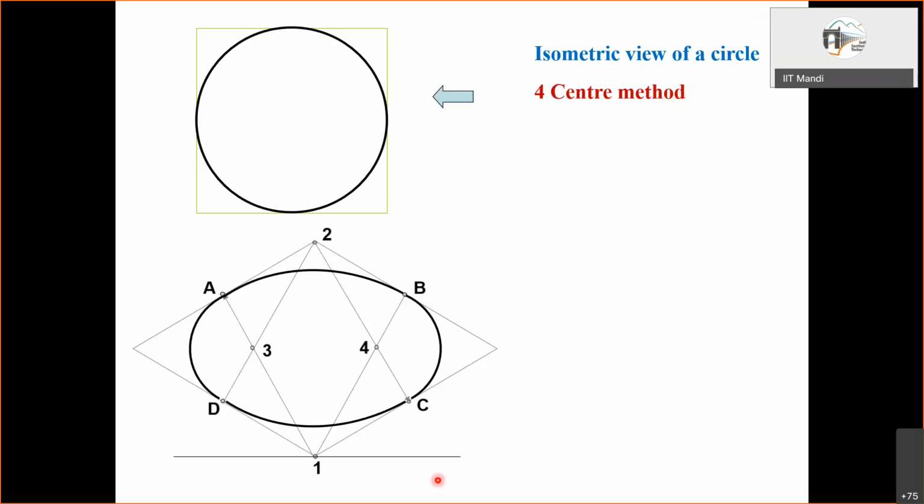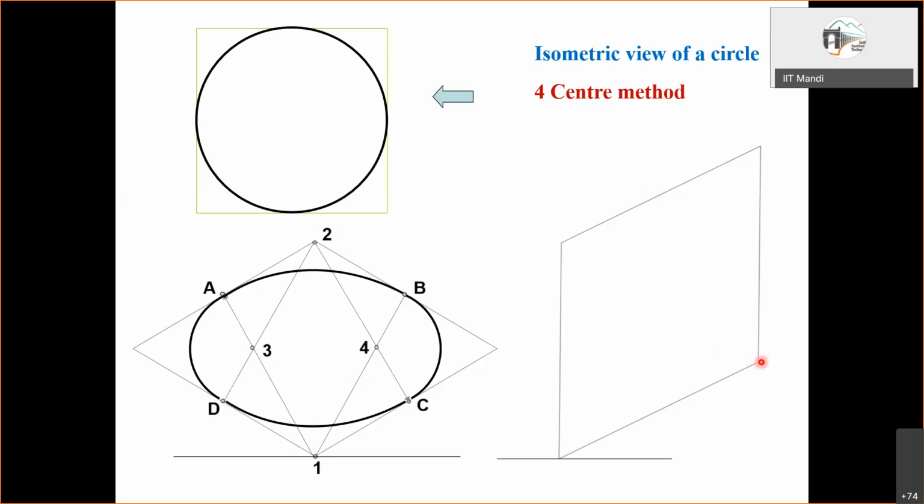So in this diagram, what we have seen, this ellipse is drawn for the top view configuration. A similar thing can happen for the front view configuration. We can go through it. So now the rhombus corresponding to the square within which the circle is enclosed looks like this. We have one vertical edge, another vertical edge, and 30-degree inclined edges. Same thing, whatever we did earlier can be done. We have to mark the midpoint here, midpoint here, the midpoint on this edge, midpoint on this edge.